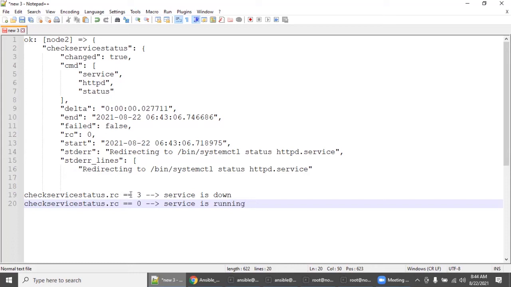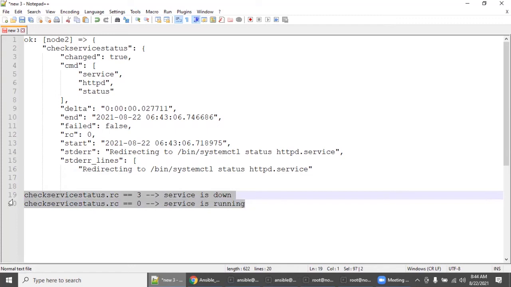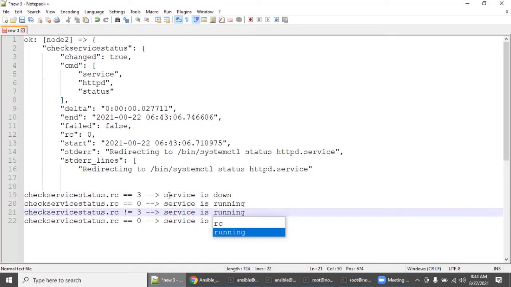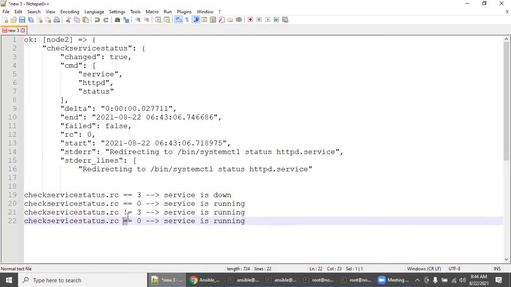Either you can say not equal to 3 means service is running, but don't do this. Always in production, go with the exact parameters, but you can explore it. You can apply the same rule in another way also. Not equal to 3 means the service is running. Equal to 3, of course, means the service is down.